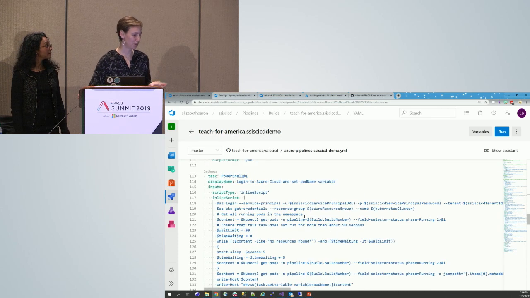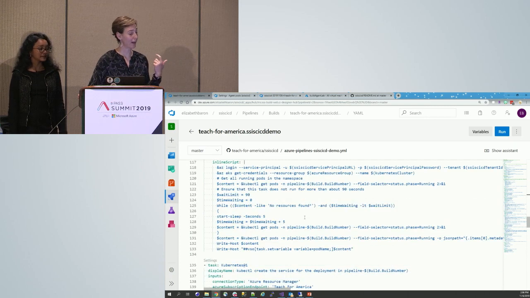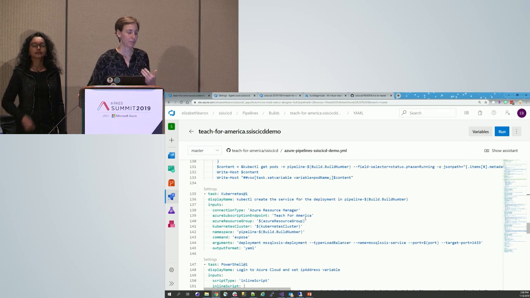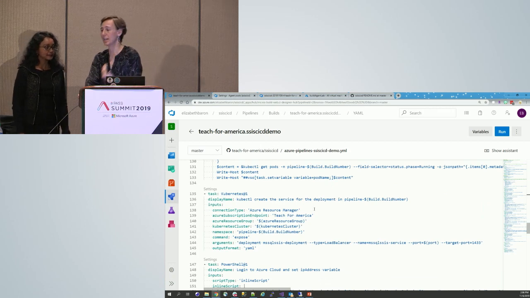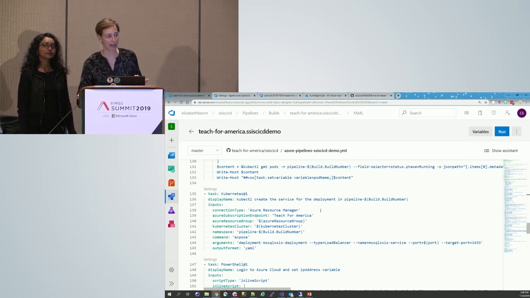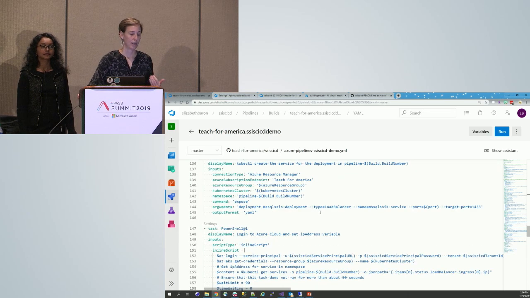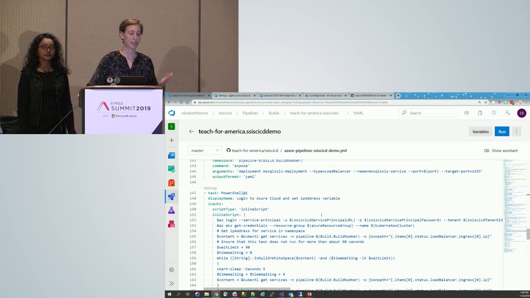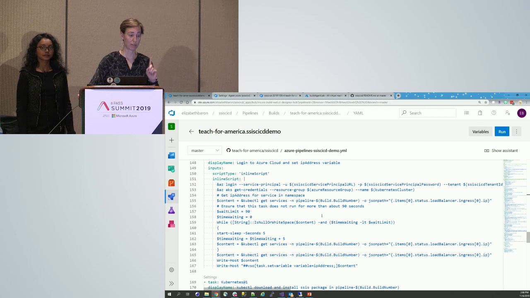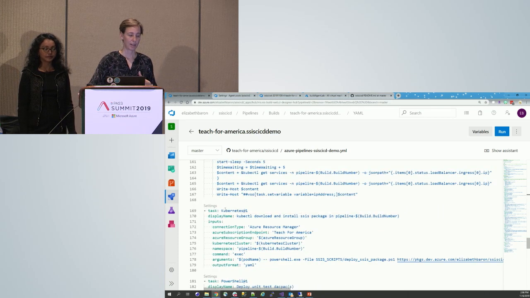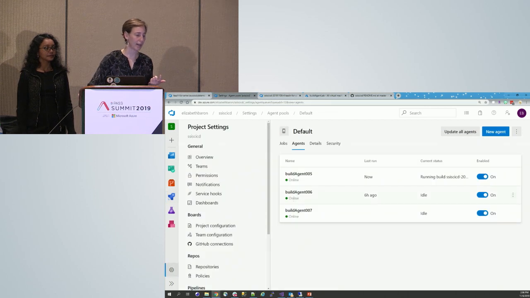This is what I don't love. You do have to set up some scripts to get the pod name so you can do things to the pod or to that container. And then you create the service so that we can get to it later and deploy SSIS or other things on it. Once we get the service, that service creates an IP address for us. We'll definitely be looking at that. And then we go ahead and install the SSIS package. So again, you can see this all happening. Let's just show you right here.